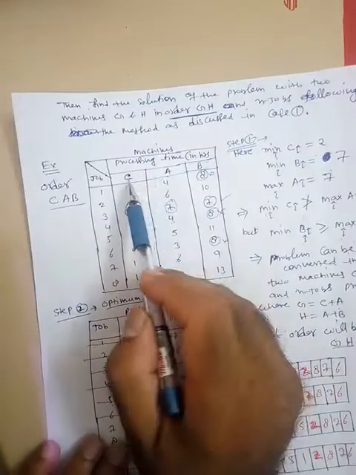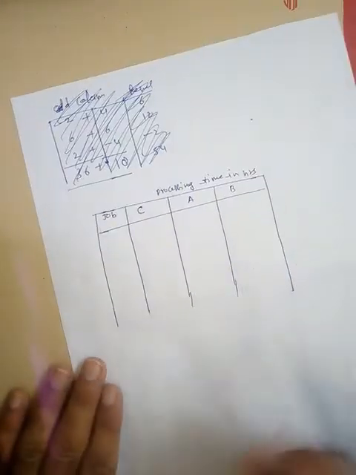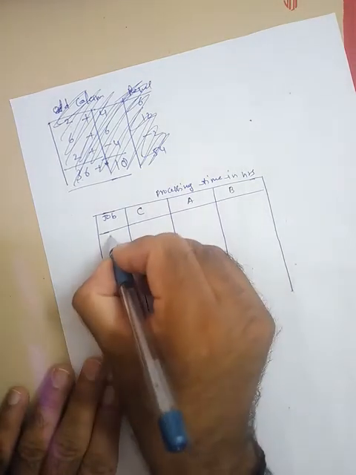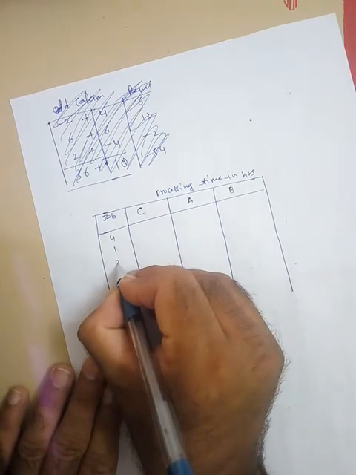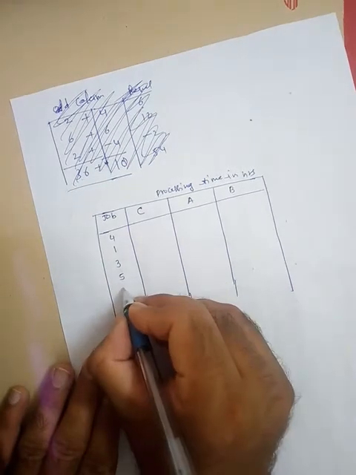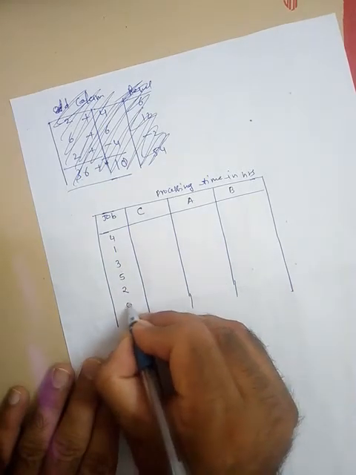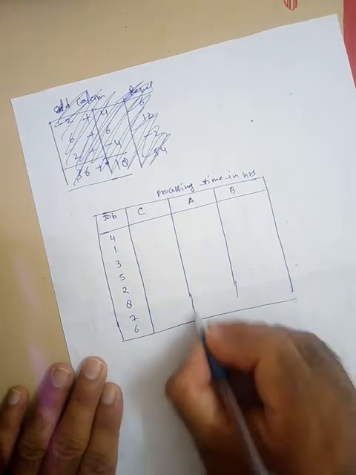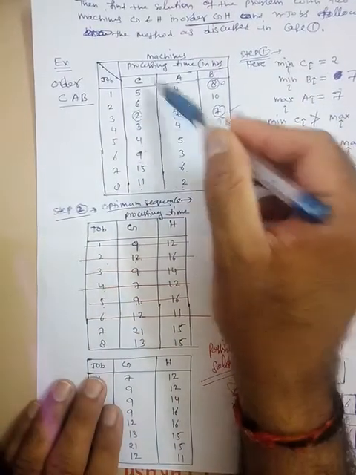First, to develop the table, we will bifurcate again. That means we will convert again in terms of CAB. So here is the table. The table has job and optimum sequence 4 1 3 5 2 8 7 6. Fine. Now we will write down this column in this 4 1 3 manner. So what we get here,